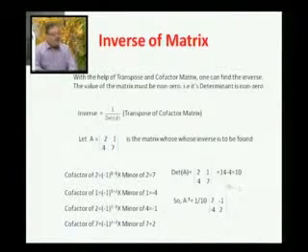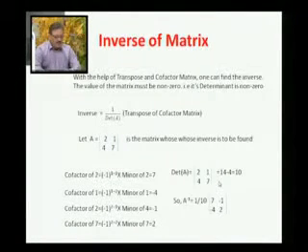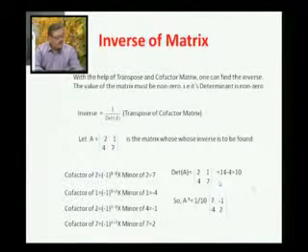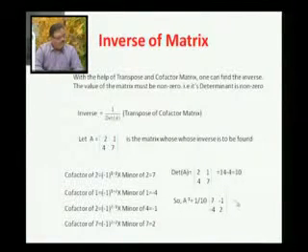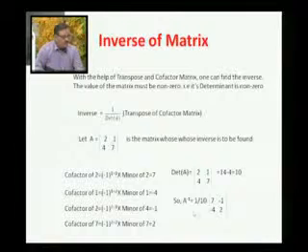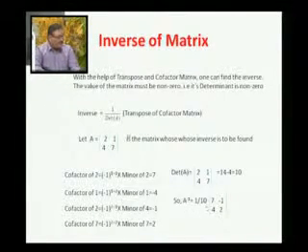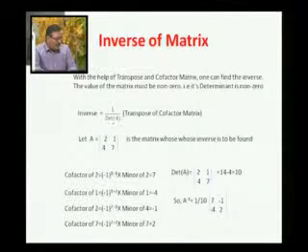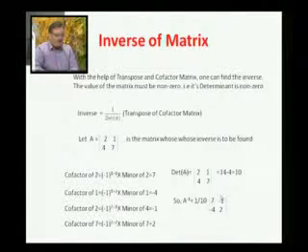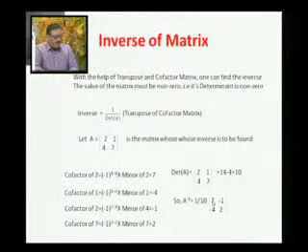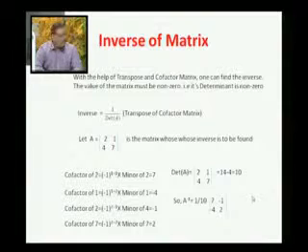Okay. And of course we know that this determinant is non-zero, so we can find the inverse of that matrix, and that is A inverse is 1 upon the determinant. See this, 1 upon determinant A, so 1 upon 10 into the transpose of the cofactor matrix, that is 7, minus 1, 4 and 2. So friends, you now know how to find the inverse of the matrix.